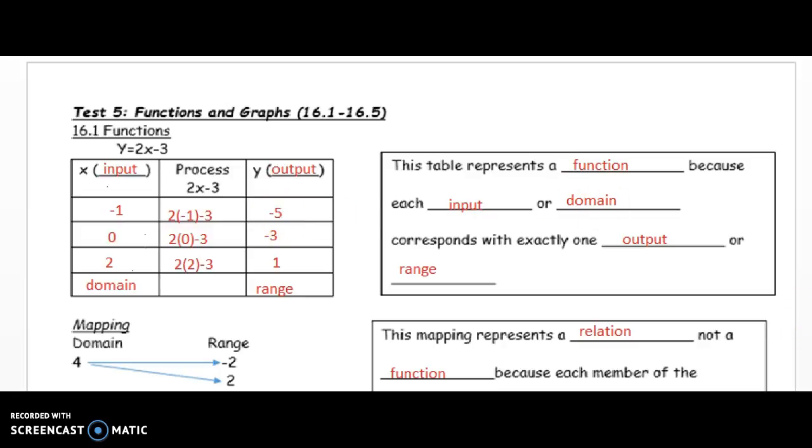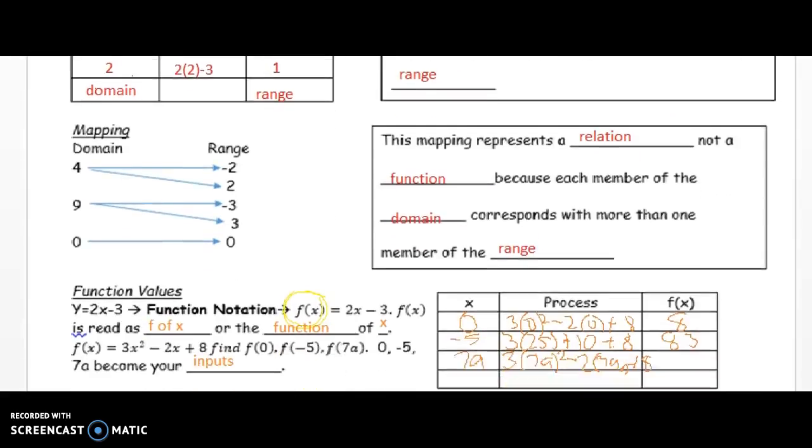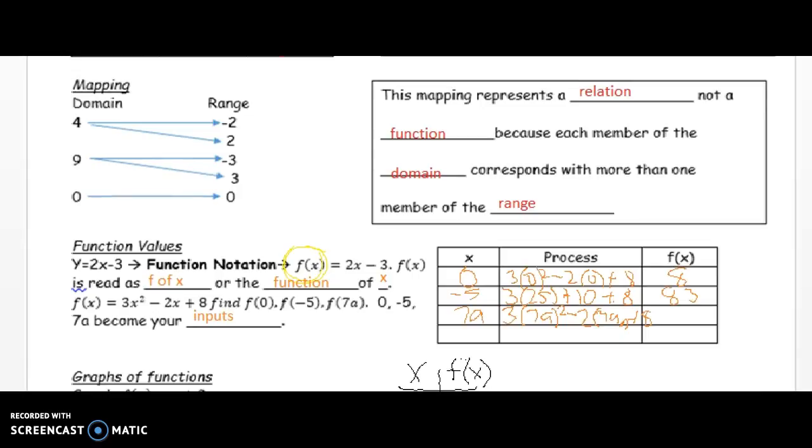Another way we can look at functions is with a mapping. In the mapping, we have the domain of 4, 9, and 0, and it's mapped to its corresponding range. So 4 corresponds with -2 or 2, 9 with -3 or 3, and 0 with 0. That means when I put 4 in, whatever happens in my process here, I get either a -2 or a 2 out. The same thing with 9. I put 9 in, and out comes either a -3 or a 3, but when I put 0 in, a